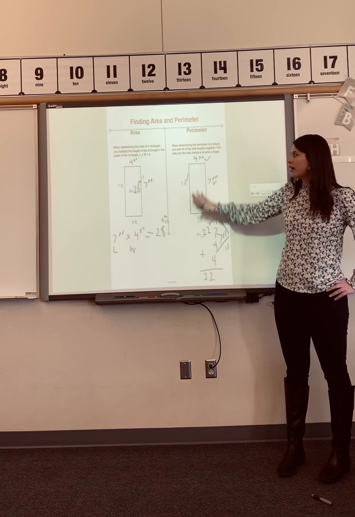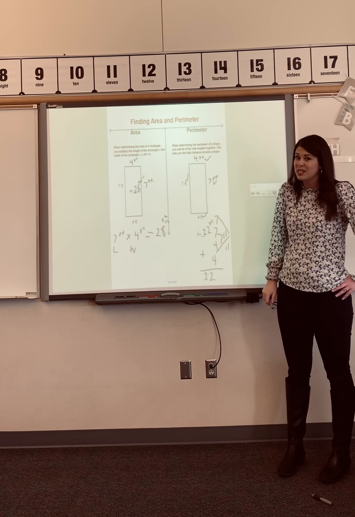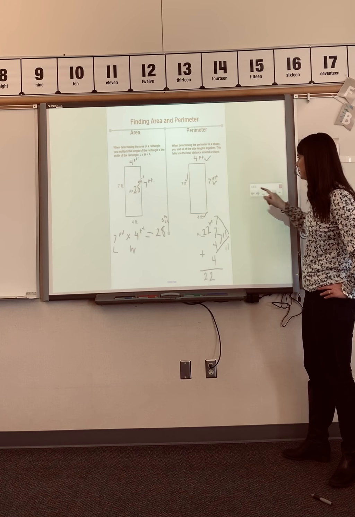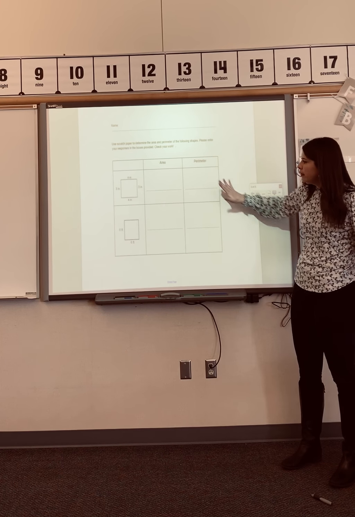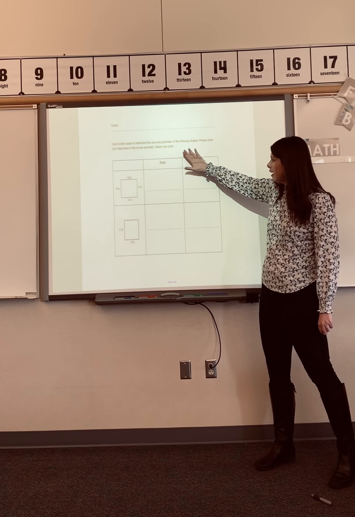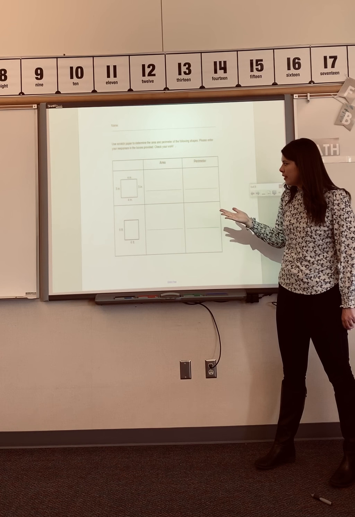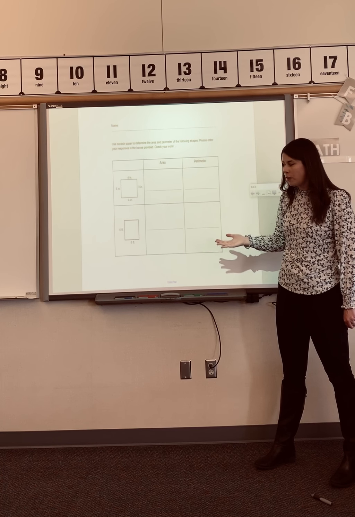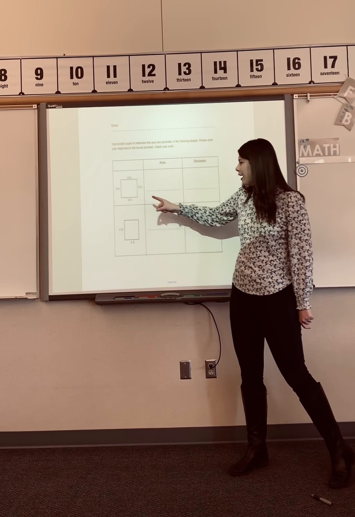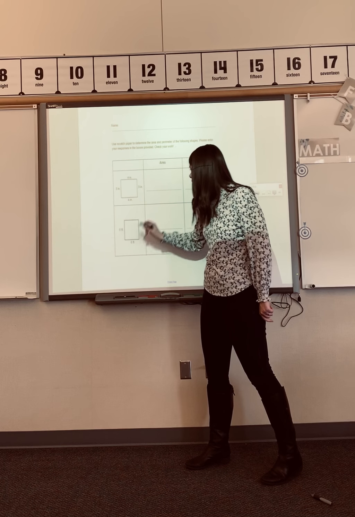Remember, if you get stuck, this page will be available on our classroom for you to look at as much as you need. Okay, I'm going to show you what your assignment's going to be. So these are the first two problems. You're going to use scratch paper to determine the area and perimeter of these shapes. Then after you determine the area and perimeter of all the shapes provided, you are going to turn it into your teacher. So you know for area, you would write down length times width